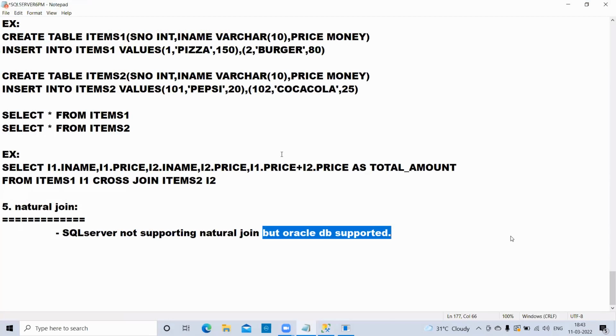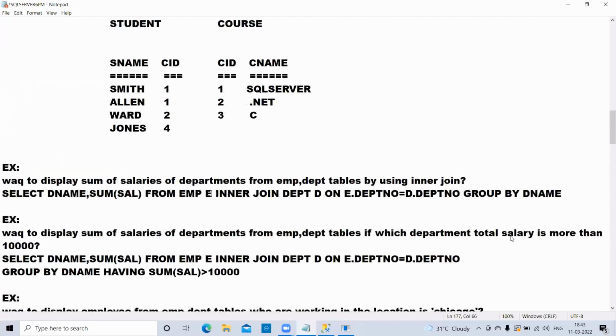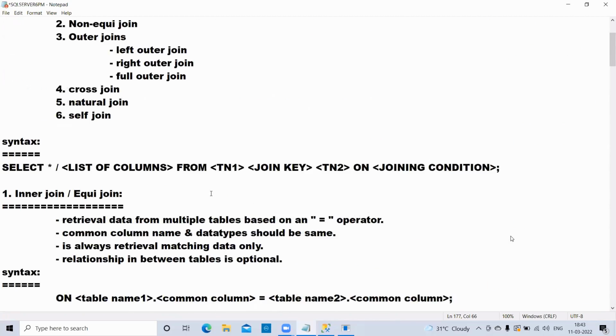If anybody asks your interview panel, this statement is what you should tell them. Okay, right. And the next and very, very important join, guys, the most important join for your interview purposes,